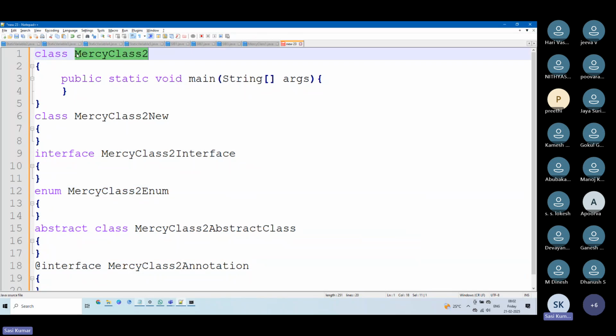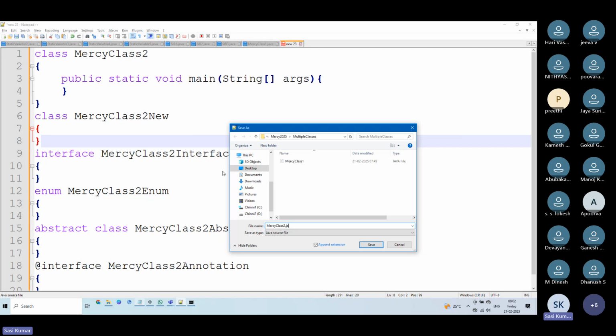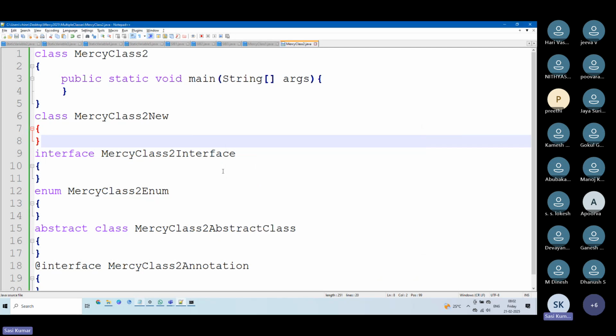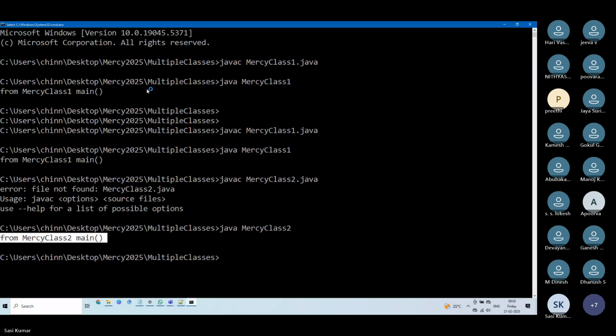Okay, so let me just say Control S. I want to save this .java. Yes, I'm able to save this and it is saved in the multiple classes Mercy2 folder. Okay, so here we go. Multiple classes, Mercy2 folder. Yes, we are able to save this. Now, what I want to do is,